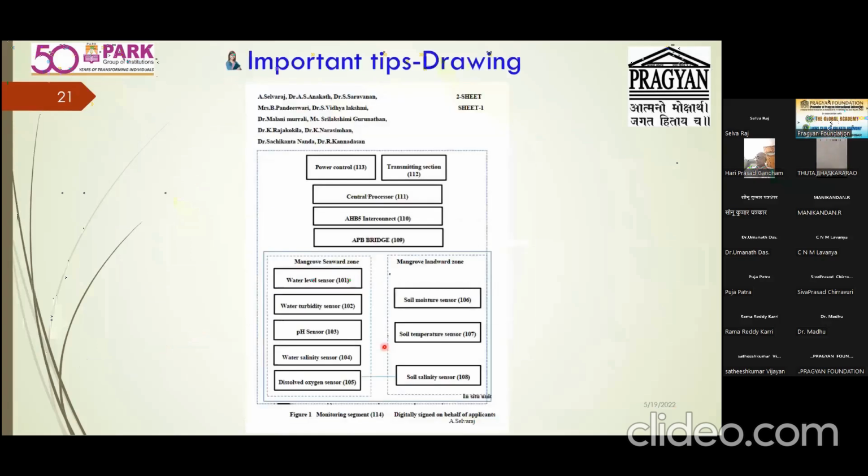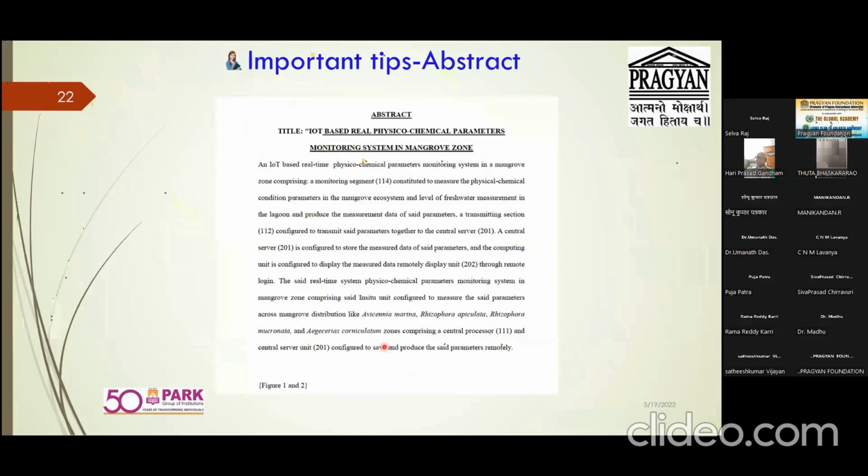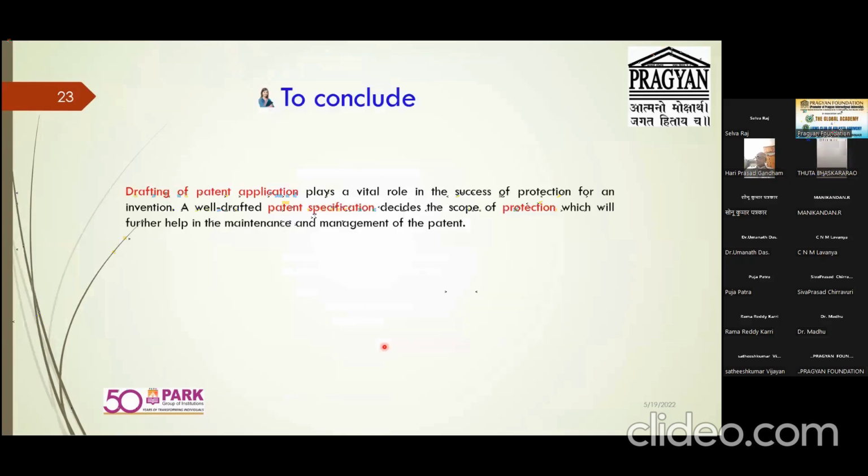Somebody may not understand. Somebody may find it published in open source and want to read these things, right? They may not understand because it's a format. So this is a format of the Indian Act 1970. It tells us that like this you would write, like this you would draw. There are some sections, some laws that you should follow. So before I conclude, I'm going to show my patent draft also, in which I show how to write it. Okay, so we go to conclude my presentation.